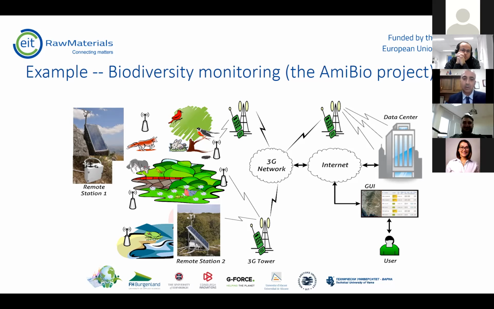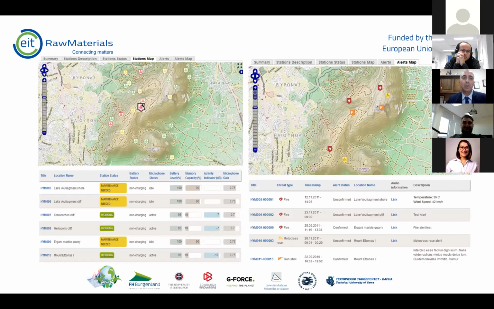Also, one side function of this system was that it was able to monitor for illegal behaviors. This is on the right part of the slide. We were able to detect events of fire, of shooting. There is illegal hunting there, unfortunately. And there are also ATV drivers or motocross drivers that illegally drive inside the Natura 2000 area. So we had a real-time system that is able to detect illegal human behaviors